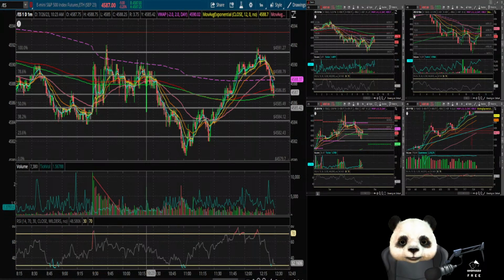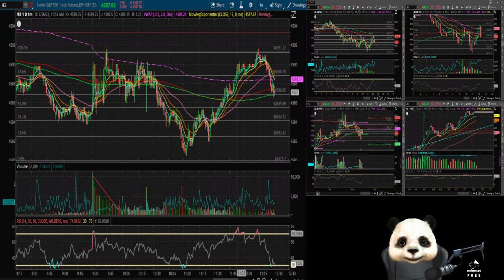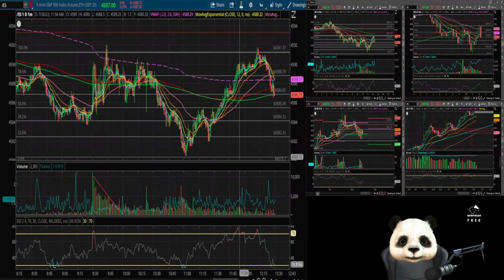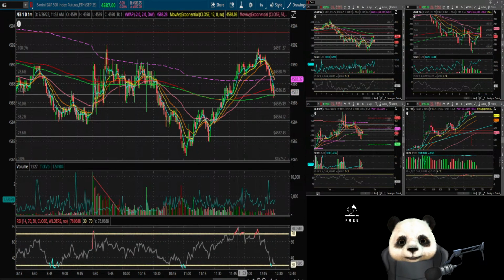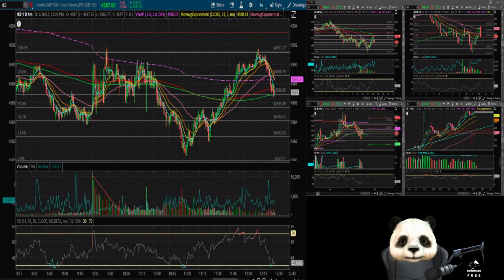I do use a modified EMA. I don't use volume. RSI is very controversial. I don't use it too much. I kind of just use it if I'm in a scalp trade and we are pretty overextended and I'm starting to be a little greedy. I'll just notice that and I will just take profit there.